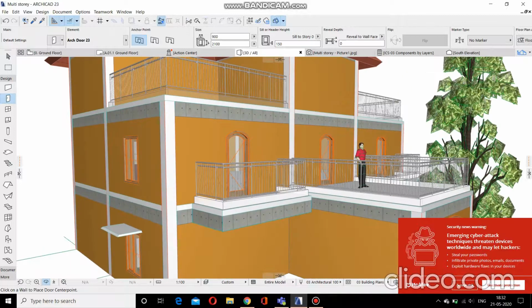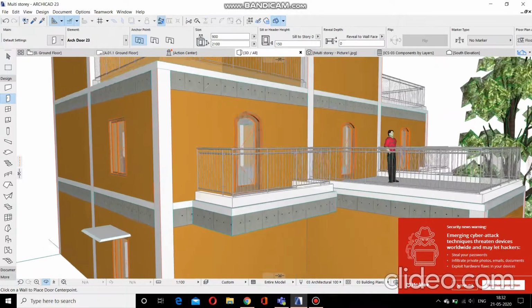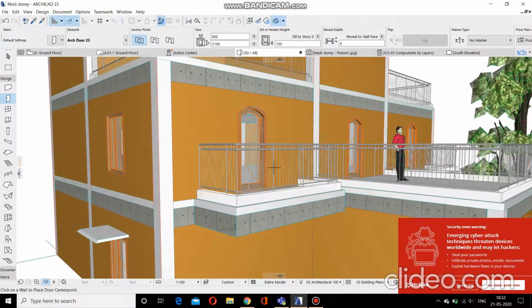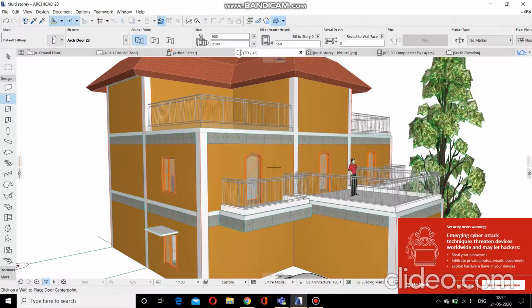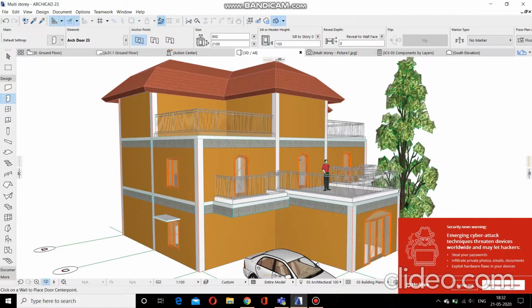And in this plan, you can actually see in this 3D view, this is the top beam, the RCC top beam, which had not been painted. But these walls were actually painted. If you select the walls and you go to the model options, you can override the surface with the painting. And then that was made.